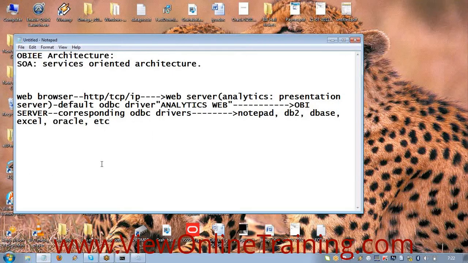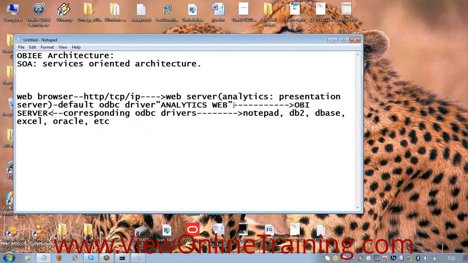Now the process is vice versa again, reverse. Data is extracted from Notepad or any other data sources, right? Now the corresponding ODBC driver will pick the data and send it to the Oracle BI server.